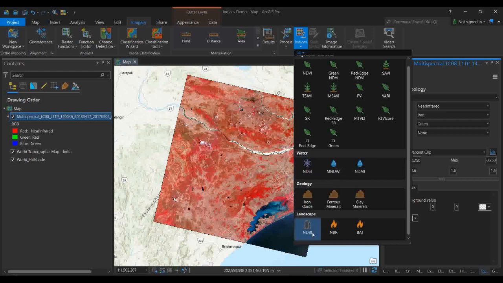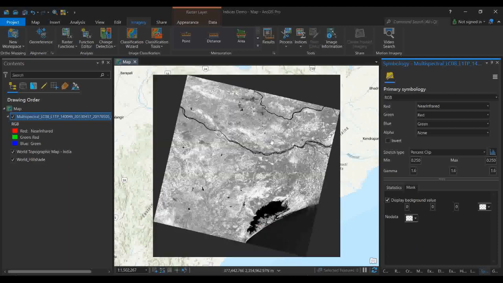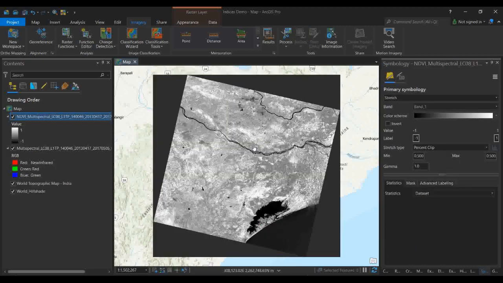Okay, if you want, then I can show you the NDVI also. Maybe it will be a little big lecture, but I will try to finish it within that time. So now you see here, first I am just simply clicking this NDVI tool. Once you click the NDVI, you need not select any bands or anything. So it automatically